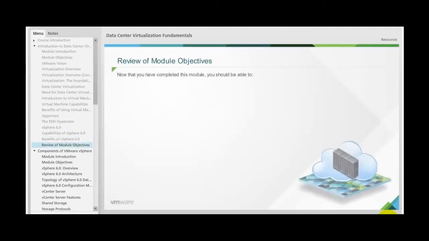Now that you have completed this module, you should be able to identify the need for data center virtualization, describe virtual machines and their capabilities, outline the capabilities of vSphere 6.0,